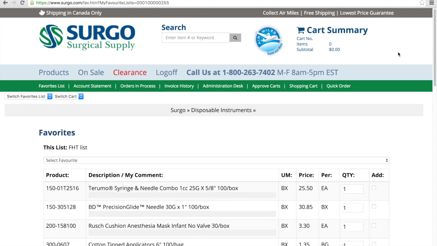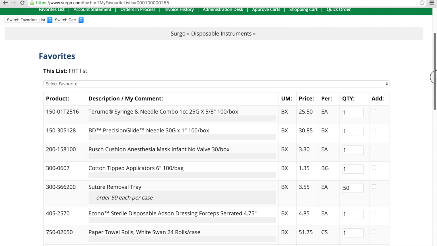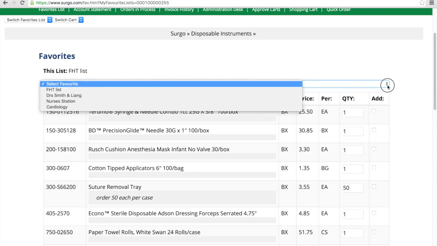Hello, the purpose of this video is to show you how to maintain and edit your favorites list. First, just to be aware, you are able to maintain multiple favorites lists for your account. You could have a different favorites list for, say, a different department, a different user, a different physician, whatever's convenient